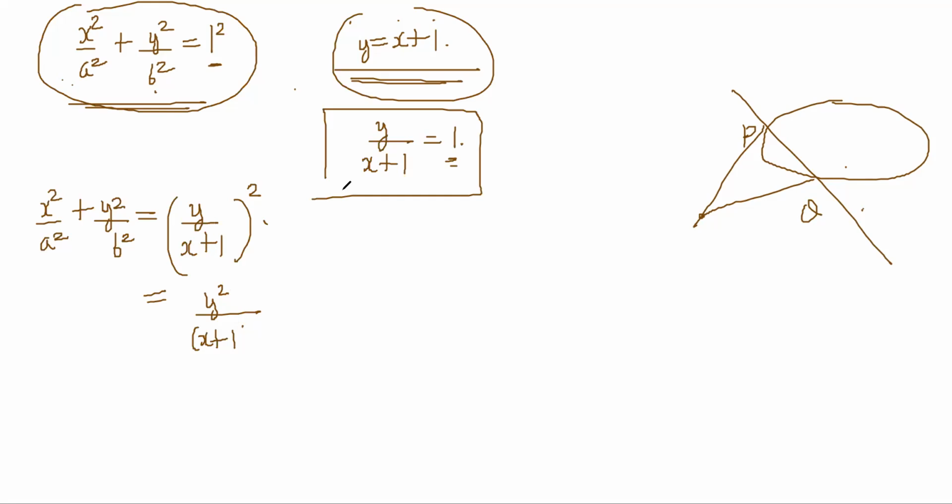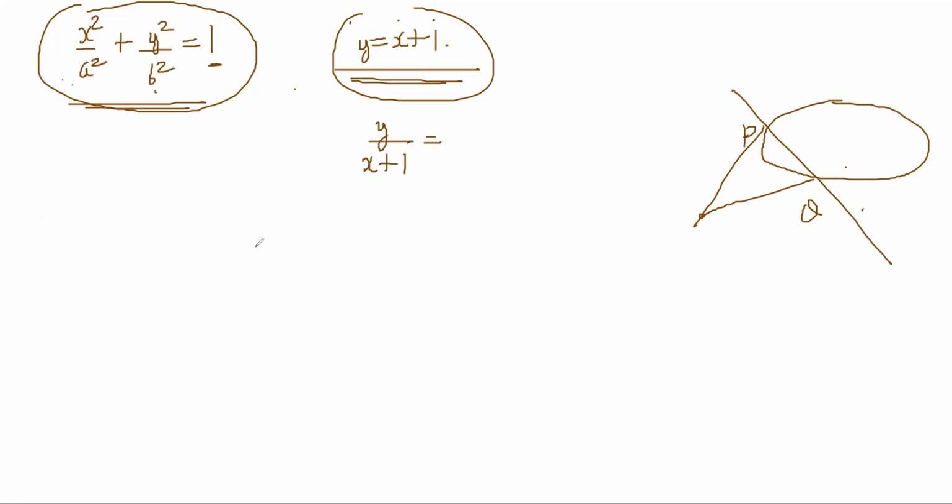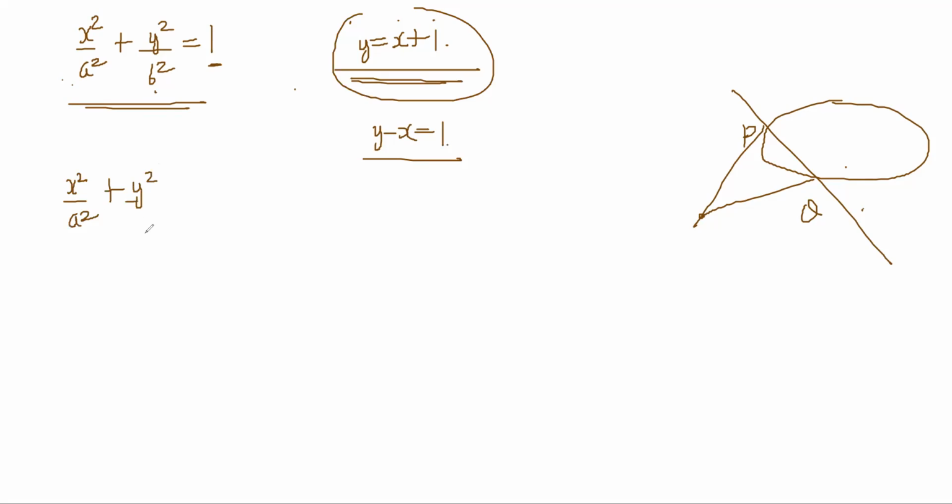Okay, I think I made a mistake. This is not a good way because it will become 4 degree, right? You understand? The denominator is ruining it. Y minus x is equal to 1 is much better. You understand why what I did first was wrong, because it is making a denominator, so that ruins it. So I will do instead y minus x is equal to 1, and I will do x square by a square plus y square by b square is equal to y minus x whole square. Now there is no problem,